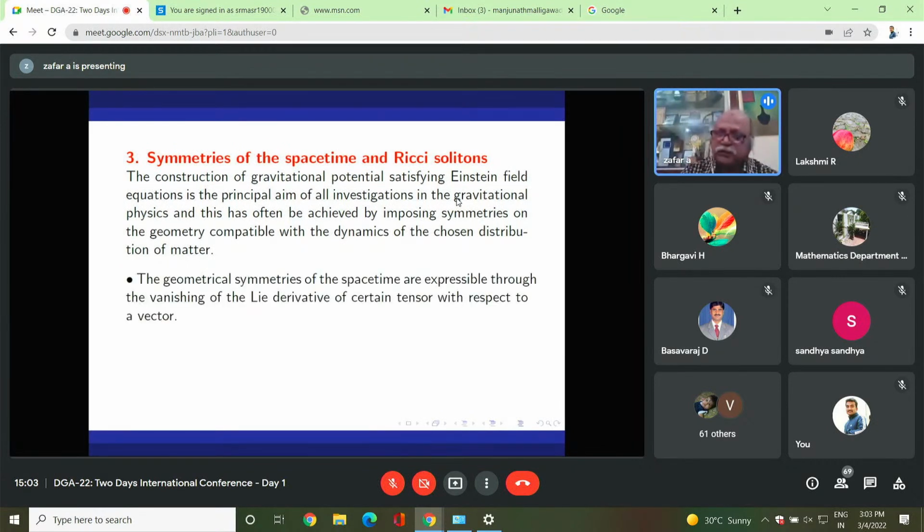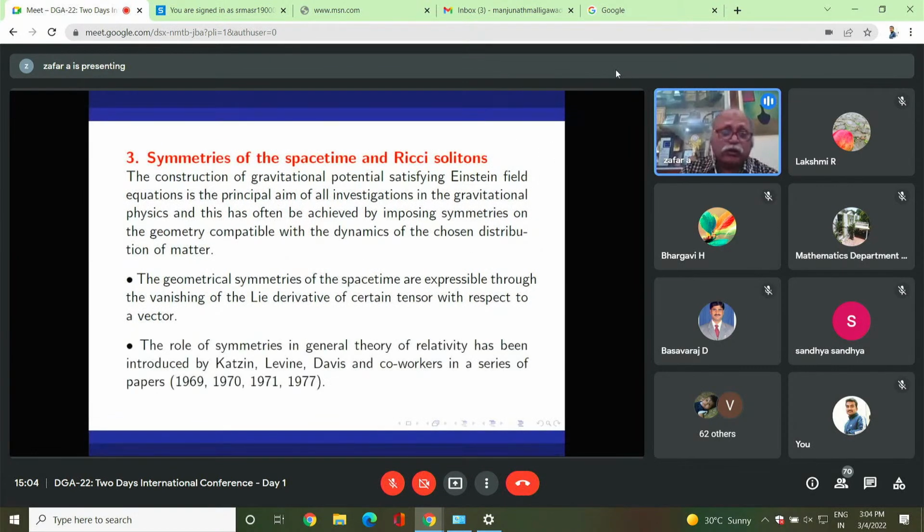So the geometrical symmetries of the space-time: mathematically, if we take the Lie derivative of any tensor or a scalar, if that Lie derivative is defined, and it is going to be zero, then we have some sort of a geometrical symmetry. So I will take certain types of geometry, these symmetries which are necessary for my work. So the role of